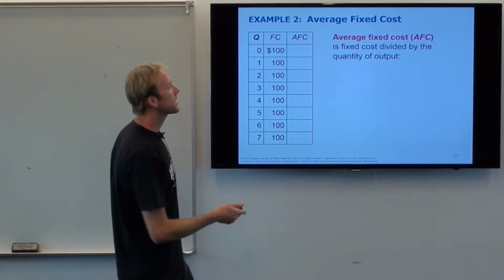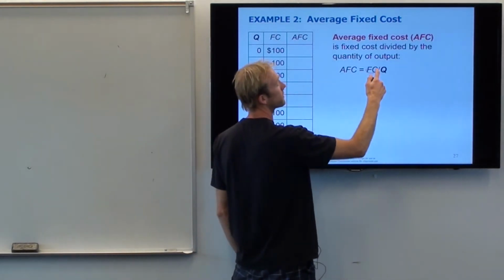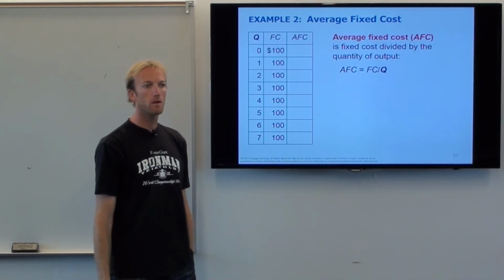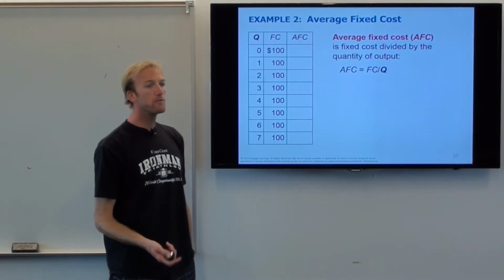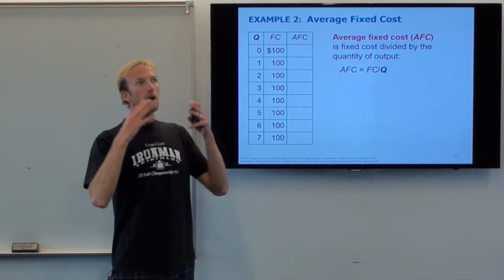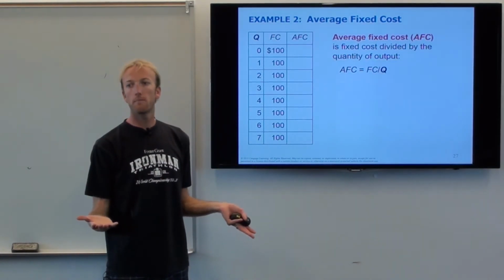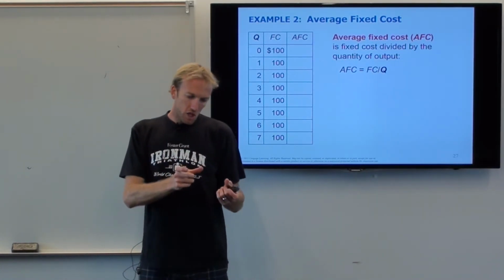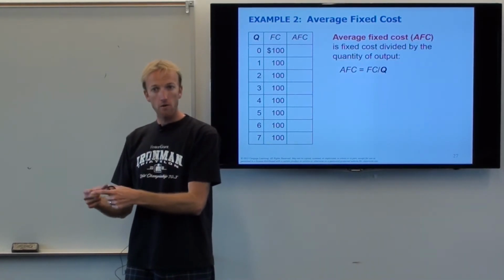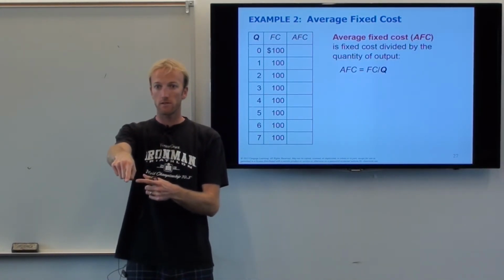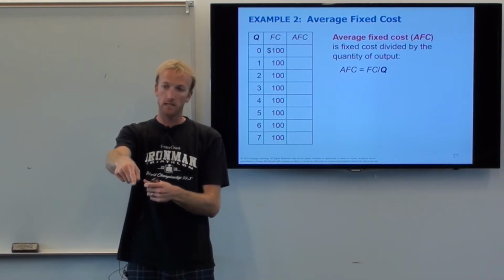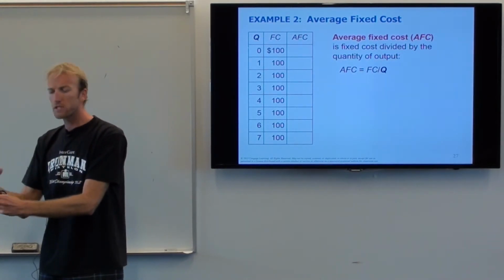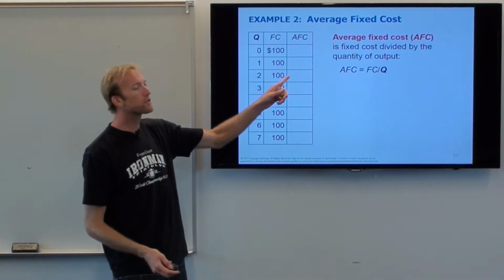So all I do is I just take the total cost, the fixed cost, and divide it by how much I'm making, how many quantities I'm making. Okay? And so the reason why you do that is, let's say that you have a taco shop and you're paying rent, $100 a month, right? And let's say you sell some tacos. You want to be like, how much of the cost of each taco is going to rent versus going towards tortillas and carne asada? Does that make sense? So you're like, how much of all my total cost of this one taco is going to paying rent? And that's the average fixed cost.